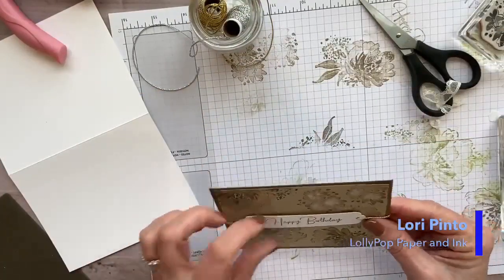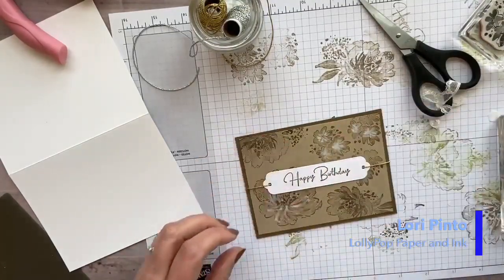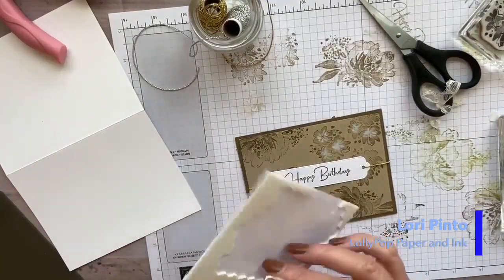Let me put this on. I'm going to slip in some dimensionals. I think I'll just do that now beforehand. I could use the foam sheets, but